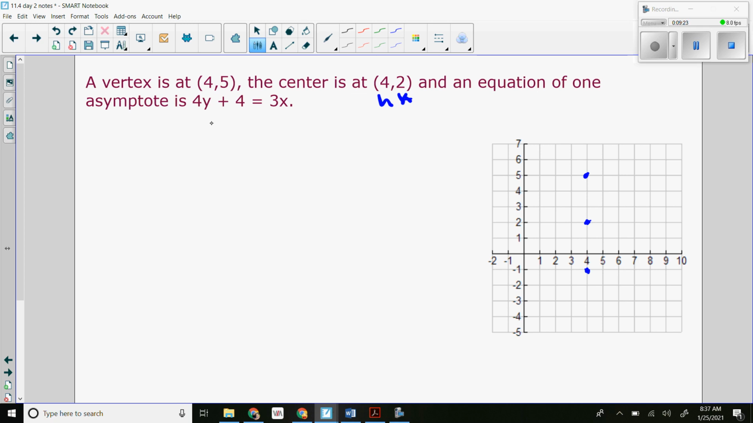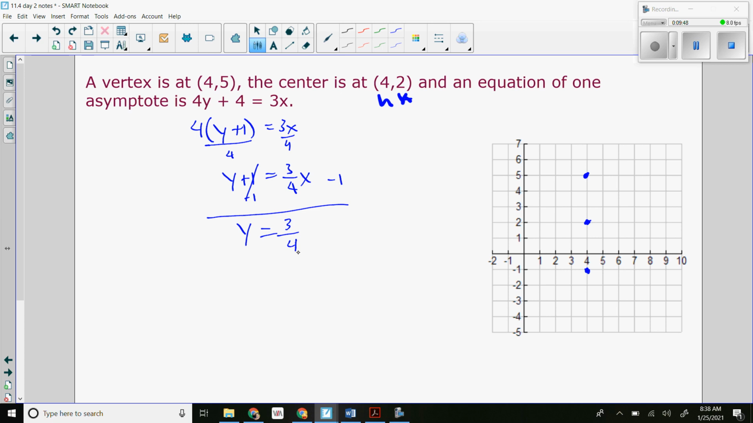What if I take out a 4 and get y + 1? Is this going to help me at all? Equals 3x. And if I divide by 4, I'm probably making this more complicated than I have to be. Over 3/4 x, and then if I subtract 1, I get it into slope-intercept form. Remember we talked about slope-intercept form last semester. Okay, so then at -1 is where I would start on my y-axis,